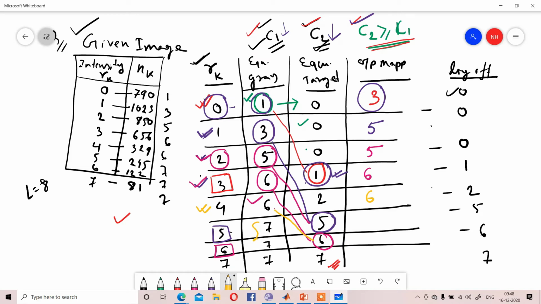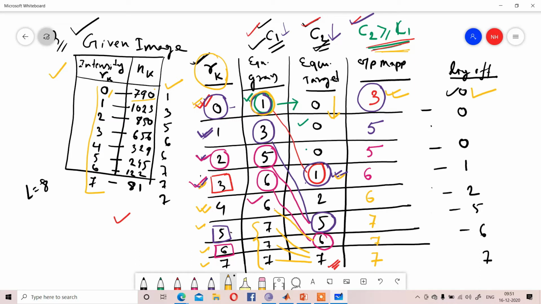Similarly, if you have 3 number of 7, all will be mapped to that 7, because before that condition not satisfied. So if you map to 7 for 5, 6, 7 for 3 intensity level, the mapped intensity level for each case will be 7. Okay, in that way mapping will happen. And after mapping you have to draw the histogram.